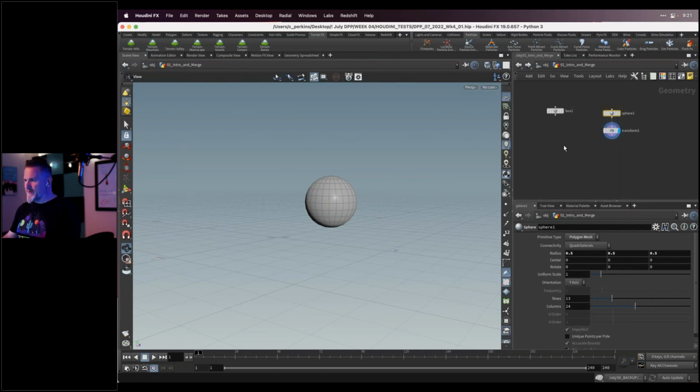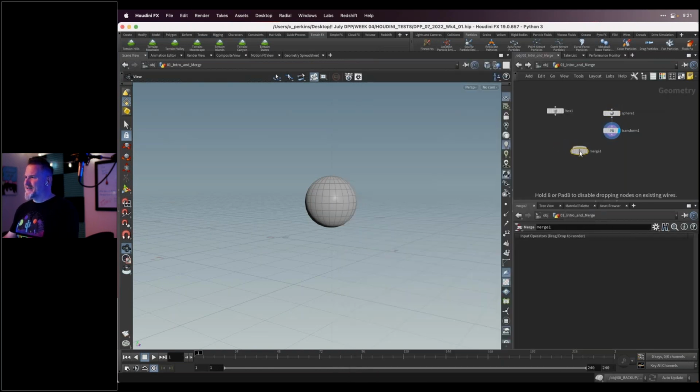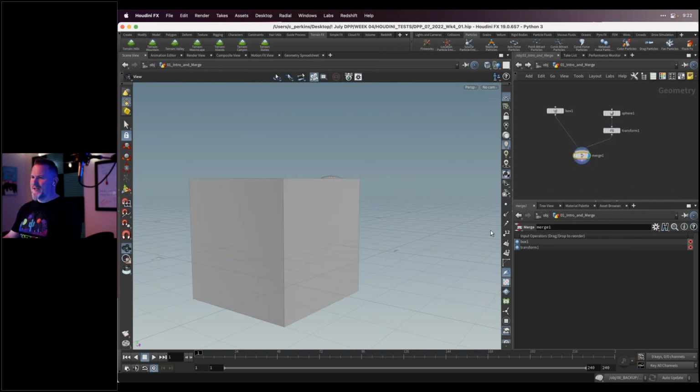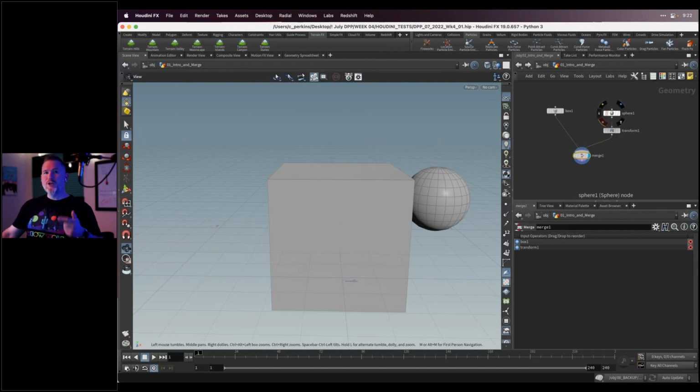So what you can do here is I can create something called a merge node. And this is similar to Nuke, if you're familiar with Nuke. And I could just drag the box into this and drag the sphere transform into this. And then we can merge all of these together. And now we have these multiple things in our scene. Another powerful thing about Houdini is that we can reuse the output of these nodes, or SOPs, if you want to be cool, you know.